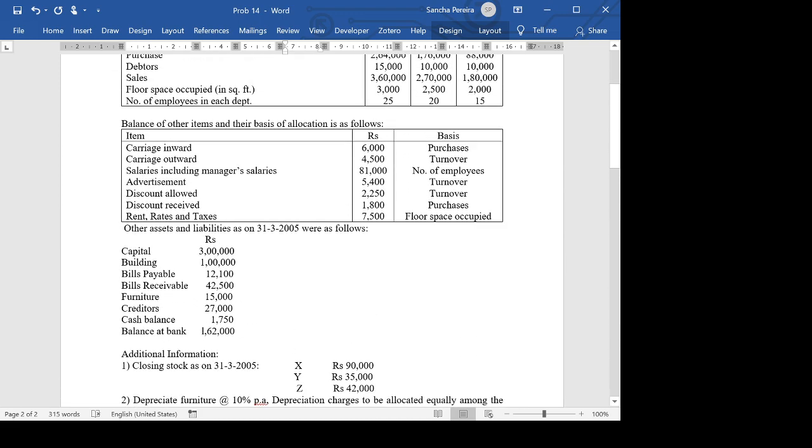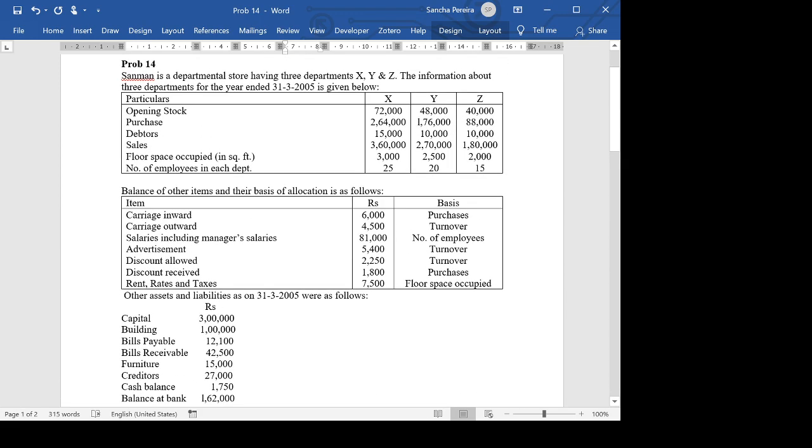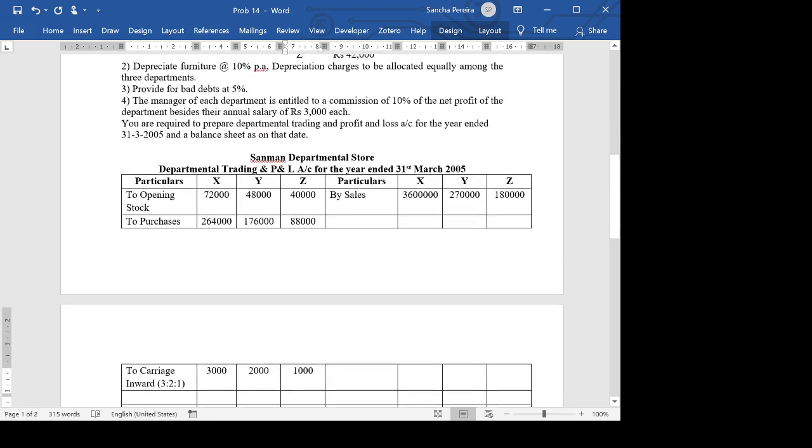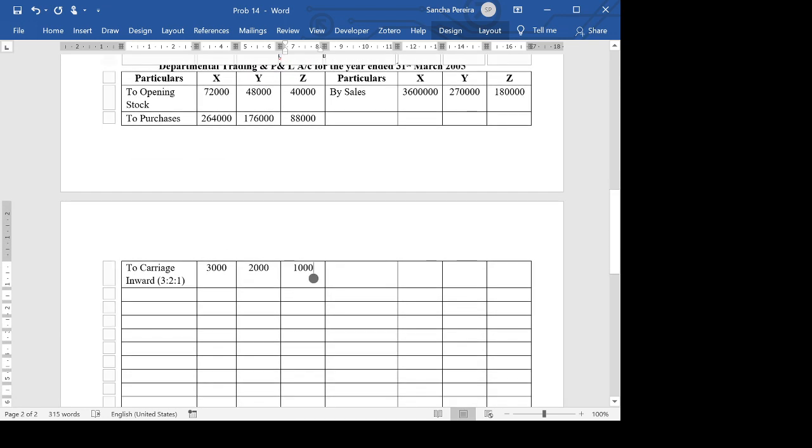Then I think we directly move to the items of the profit and loss account. There is nothing else, so just leave a line for gross profit or gross loss and directly move to the profit and loss account. So here we have